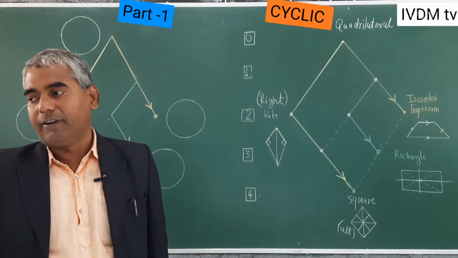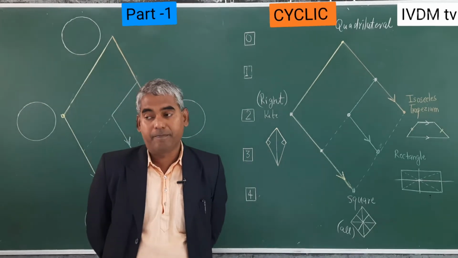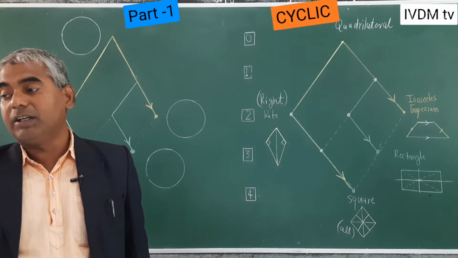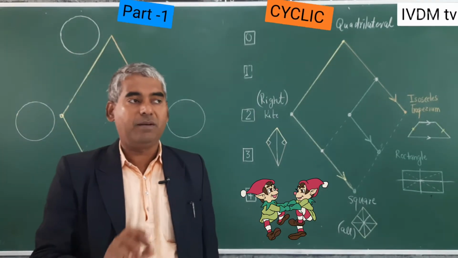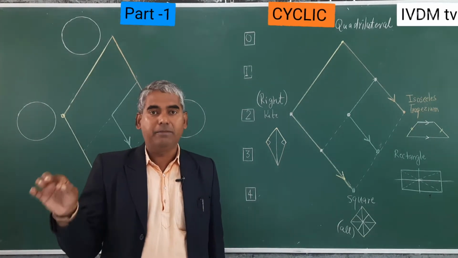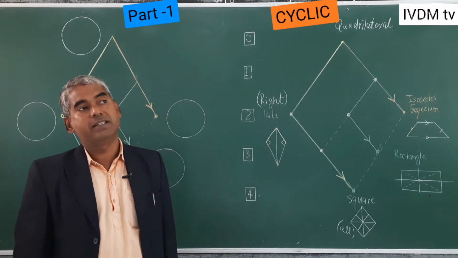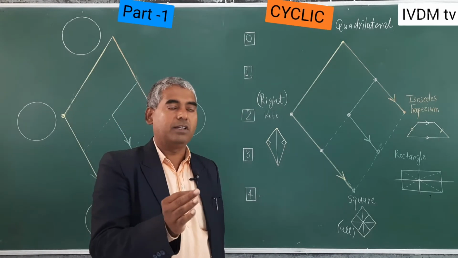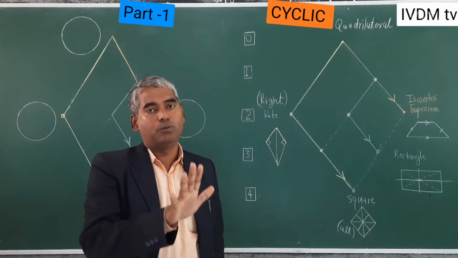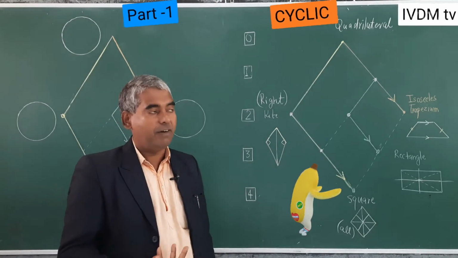About the cyclic quadrilateral, in class 9th, chapter number 10. In chapter 10, cyclic quadrilateral is given in the last, in 10.5. Cyclic quadrilateral in 10.5 is the target of the whole chapter. Whatever is in 10.1, 10.2, 10.3, 10.4, all are fundamentals to prove the questions of 10.5, and in 10.5 it is the cyclic quadrilateral.